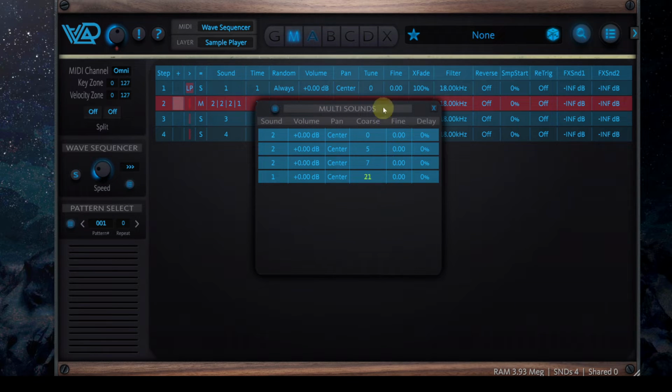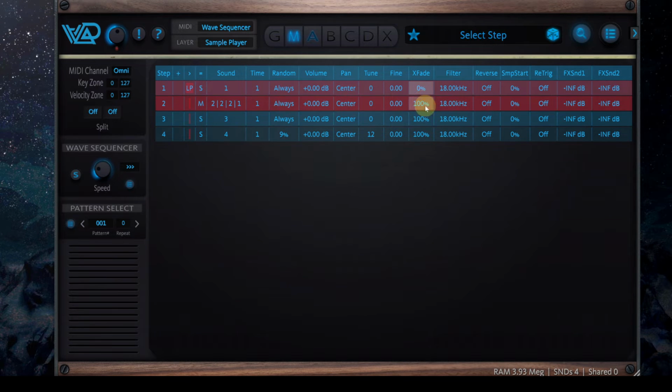And 1 octave above. 2 octaves actually. And I can also delay the sounds in a different way, so they don't play together. So if I remove the crossfade,